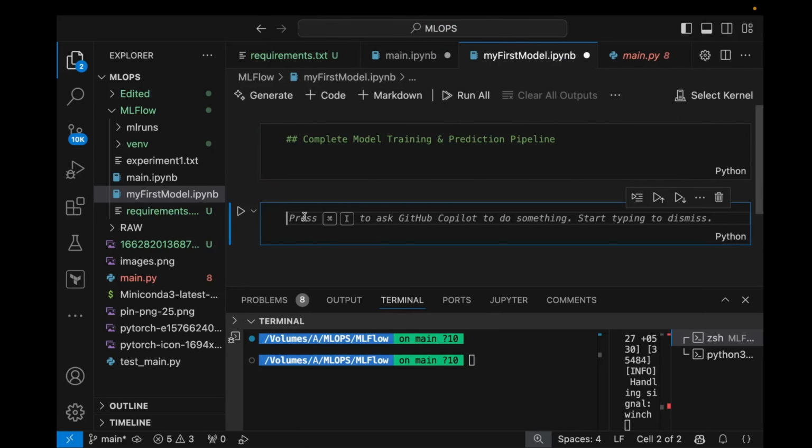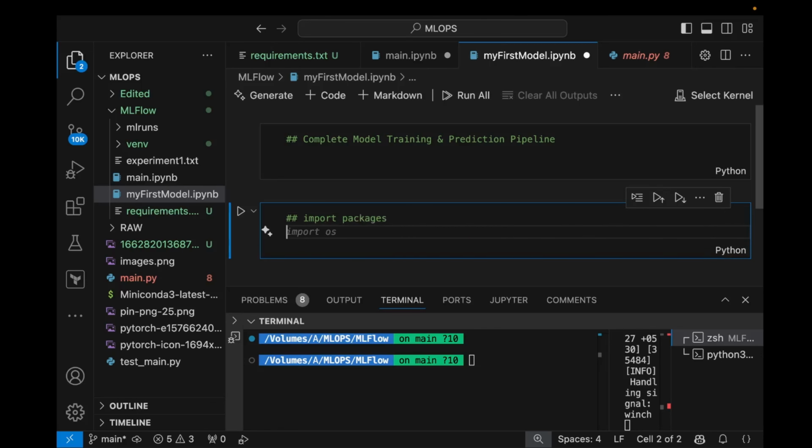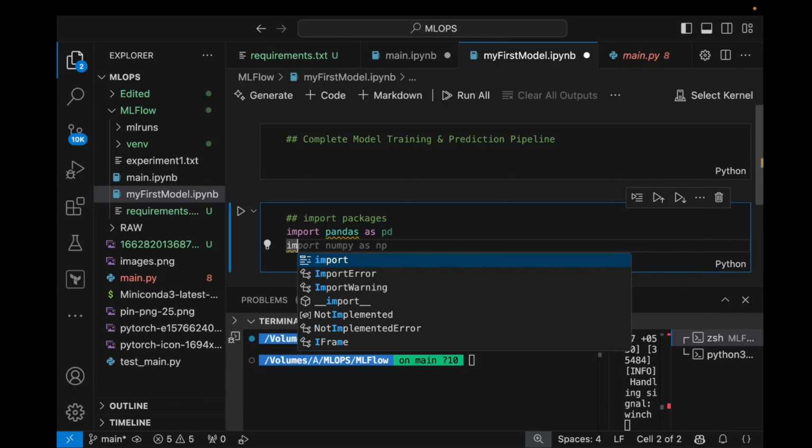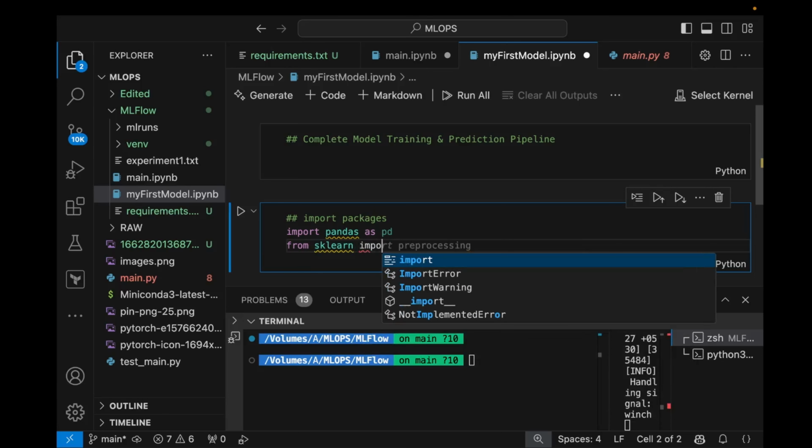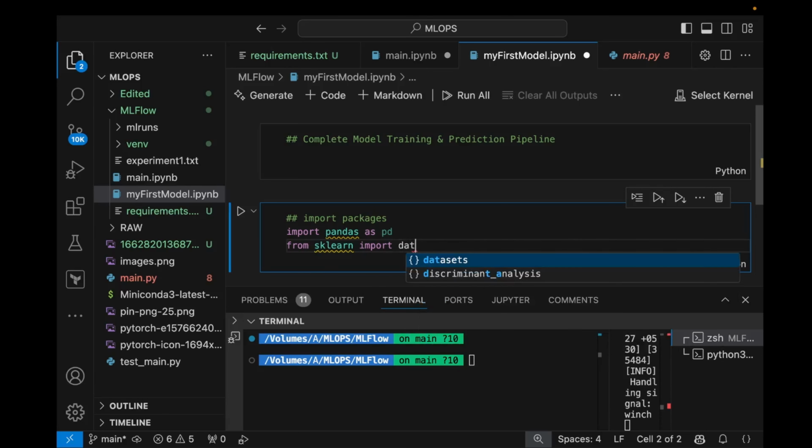So I'm going to import certain things, import packages. So let's import pandas as pd. Then we are going to use sklearn, and we are going to import datasets from it. So we will be using a predefined or already available data set from sklearn,